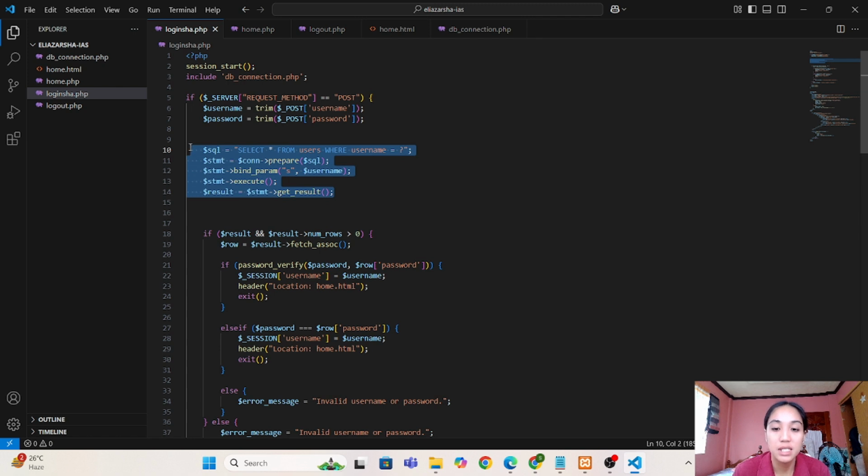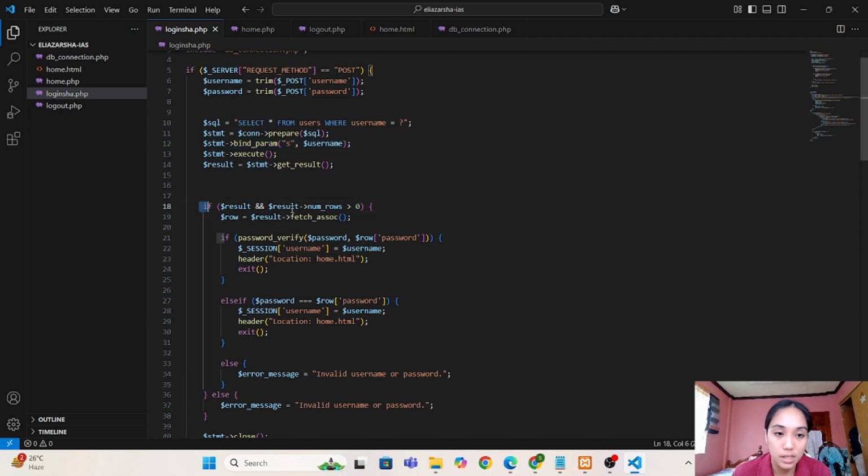Prepared statements ensure that even if a user inputs malicious SQL code, it won't execute, making our database safer. The bind param here, the one that I highlighted, binds the username to the query securely.